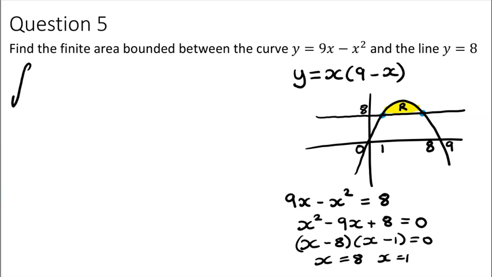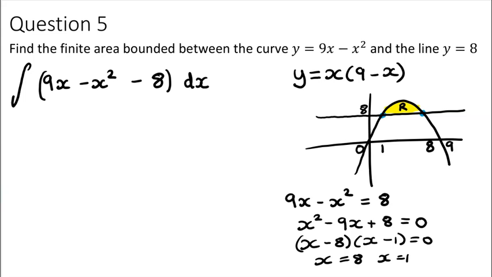Now there are a few ways that you can go about this. Because we're looking at area between a line and a curve, what I can do is, because the curve is above the line, when I set up the integral, I can do the curve 9x minus x squared, take away the equation of the line. Okay, so you can do it separately. You can do the equation of the curve separately and then take away the equation of the line separately, or